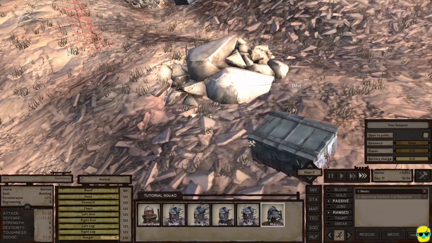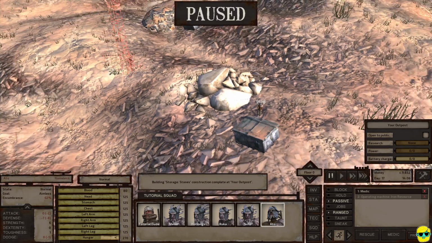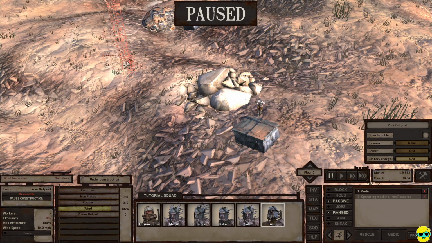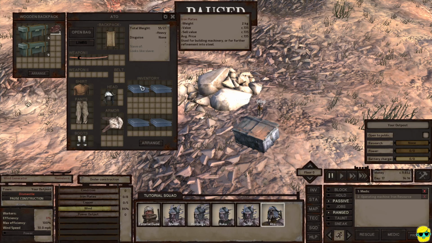Alright, it's coming in. Done. And then can you try to make this? Now, we can't make everything, but Atto can do some of it, I think. What does this need? Oh, iron plates and copper. Well, we have some iron plates. I guess...